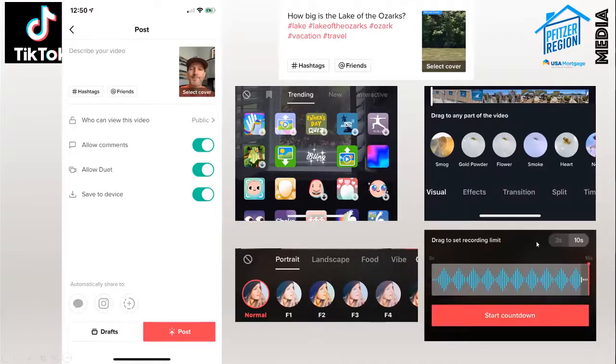And then this is a picture right here of what Tristan was talking about on the timing. This is what pops at the bottom. Tristan, you want to talk about that a little bit more now they can see an image? All right, so the very corner one that you see where it says drag to set recording limit. Once you click on the little timer, you see how at 10 seconds, 10S is highlighted on the top little corner there. You can choose either a 3-second timer or the 10-second timer so that it says, okay, we're gonna start this video recording in 3, 2, 1, and then it starts.